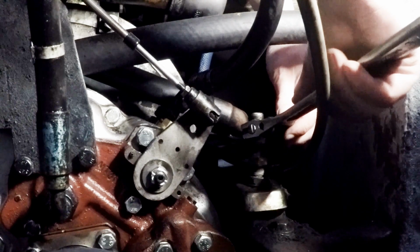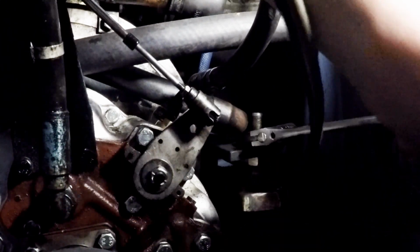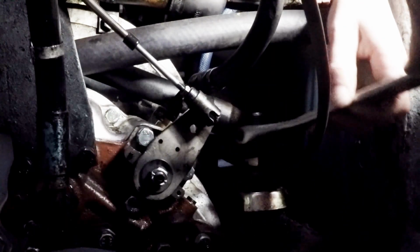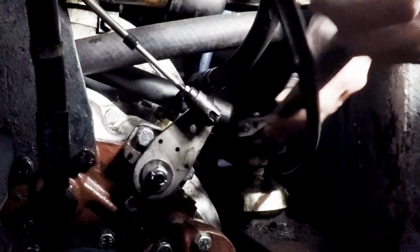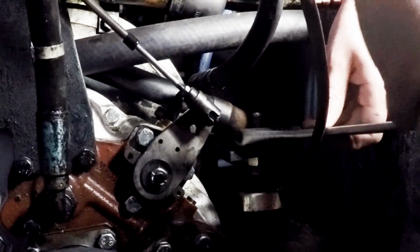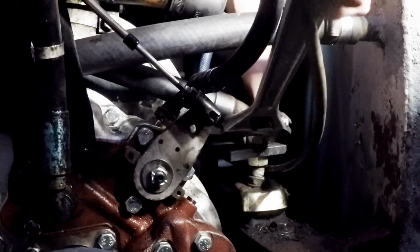Now, as I said before, you can see there's a lot of obstacles in the way here. You've got the control cables and various other cooling pipes, which made getting a spanner on the nut here quite difficult. So anyway, I'll explain what I'm doing. The top nut here is what locks it down to stop any movement whatsoever. So I'm going to start off by loosening that up,